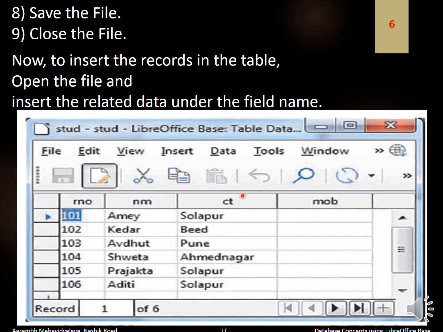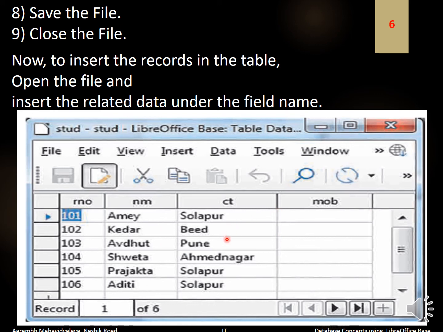In this window you will initially get only the roll number, name, city and mobile. Under these fields you have to provide specific data related with these fields. For example, here roll numbers 101, 102, 103 up to 106 are provided. Then the names Amay, Kedar, Avdut, Shweta, Prajakta, Aditi are provided.